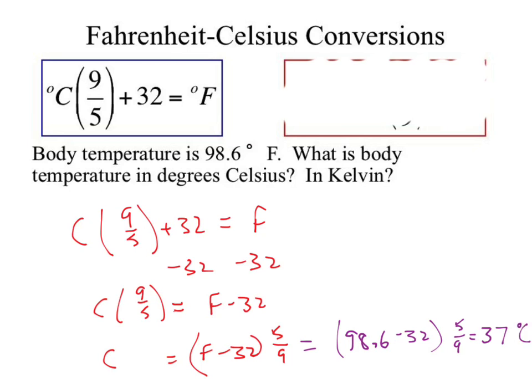Is that the correct answer? Why is it wrong? Because it asks for Kelvin as well. Well, I kind of accept that. This is the degree Celsius. Is the degree Celsius correct? 37 is technically wrong because we started with 3 sig figs, 98.6, which means our answer needs to be written as 37.0 degrees Celsius. That is now the correct degree Celsius. How do you get our kelvins? We just add 273.